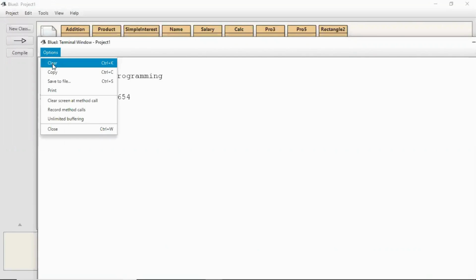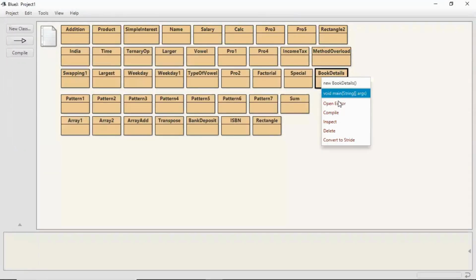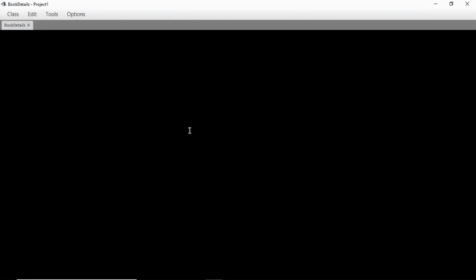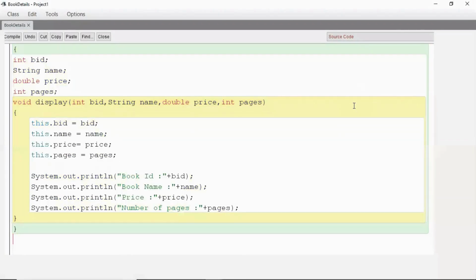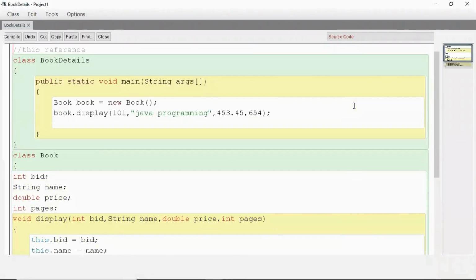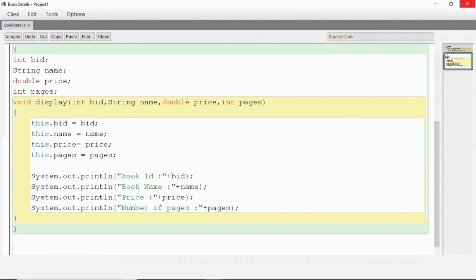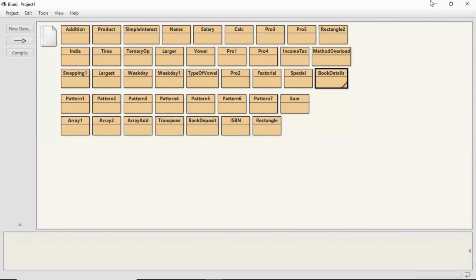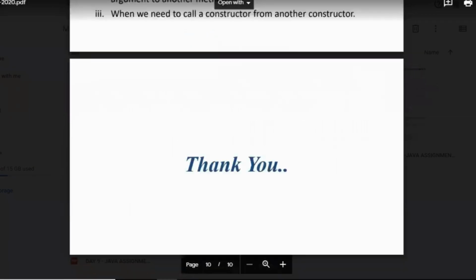So this way we have used the this reference, and the this reference is basically used for the purpose of using the variable name same on both the ends, left hand side and right hand side. After this we have done a few of the concepts of classes and everything. Now I just want to come back to this slide, and you can see we have covered the slide.